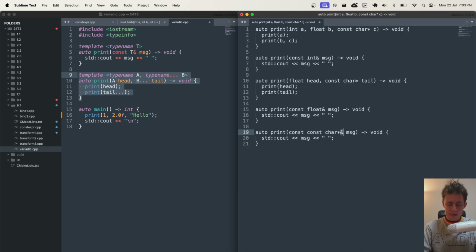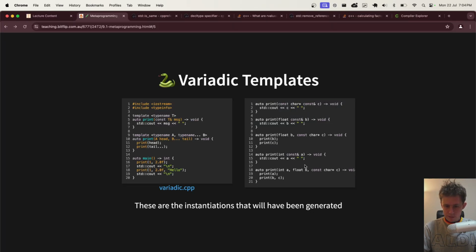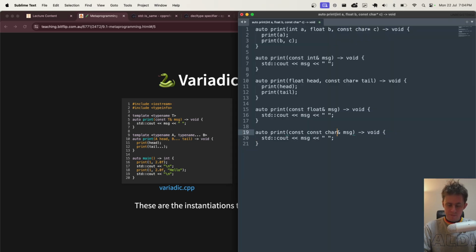Because it's a template, I think it would do some reference collapsing, I'm sure, with that one. Not sure. It's interesting. I guess so. I actually don't know what would happen there. What does it say on our slides? Char star const reference. Yeah, okay. We would just get a char star const reference. That kind of makes a lot of sense if you think about it. Because even though its underlying type is a char star, I guess C++ makes it a little easier to deal with.